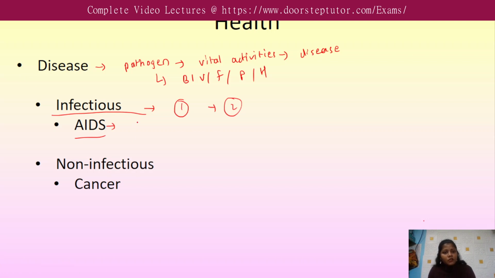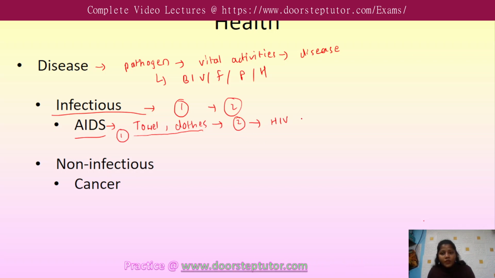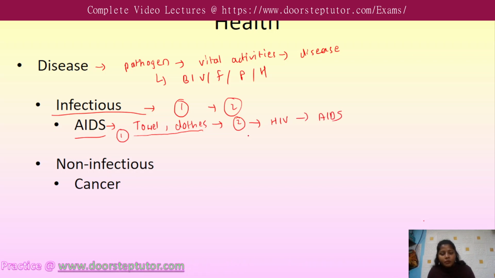In AIDS, what happens is certain objects used by an AIDS patient, such as a towel or clothes, when a second person uses the same objects used by the patient, there is a chance of transferring HIV from person 1, who is a patient, to person 2. This will lead to AIDS in the second person as well. Also, the infected injection plays